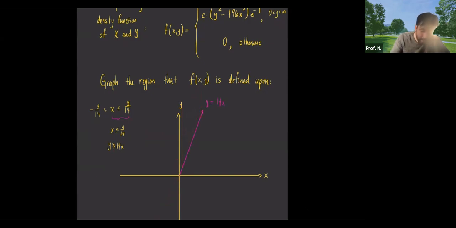And then if you look at this other inequality here, it says negative y over 14 is less than or equal to x. So if you solve for y and you multiply by negative, you switch the sign. Y is also bigger than negative 14x. Okay, negative 14x is the same thing, but it's going in the opposite way. So we got y equals negative 14x. Do you see that? So what we're saying is that this region that we're shading is all of this.